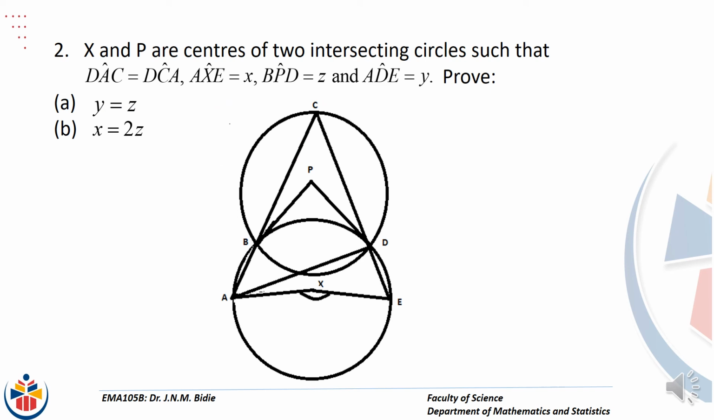For a second example, X is the center for the second circle, P is the center for the first circle, and you've got angle DAC. So that's the angle that we have there. I'll indicate